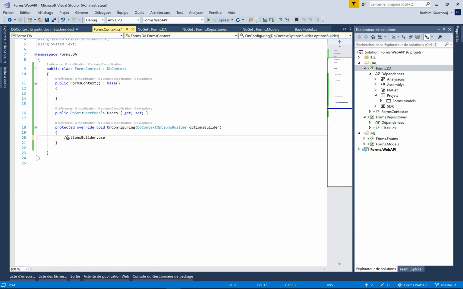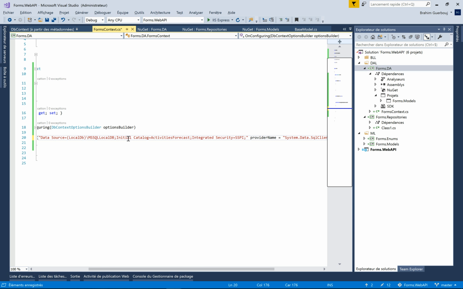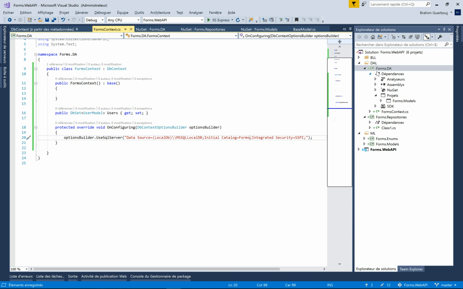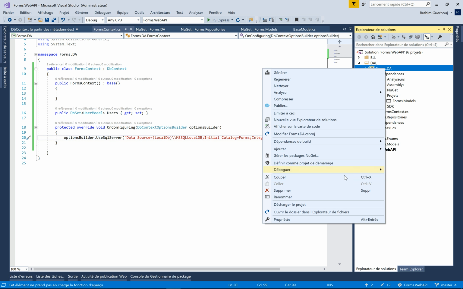So now, in the forms context we need to use the base directly. We don't need the connection string name and the base constructor. And here in the OnConfiguring method we need to set the connection string. So it's the normal connection string